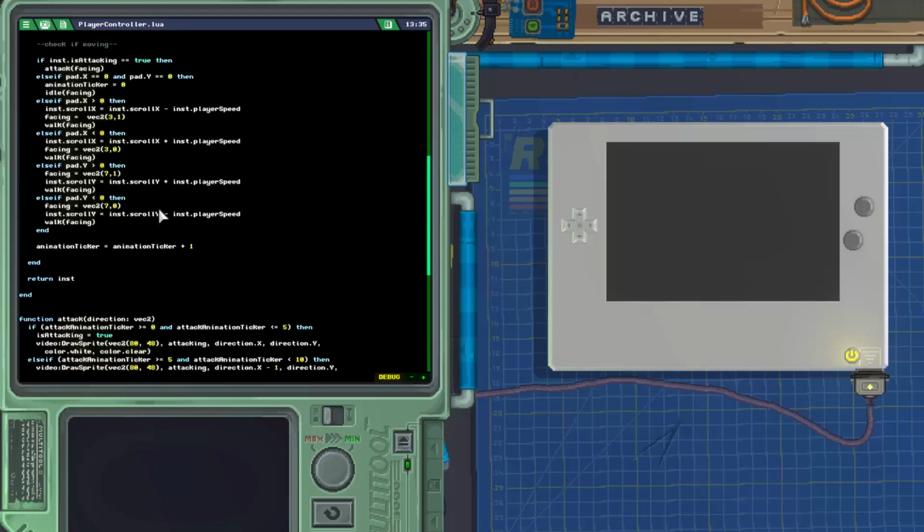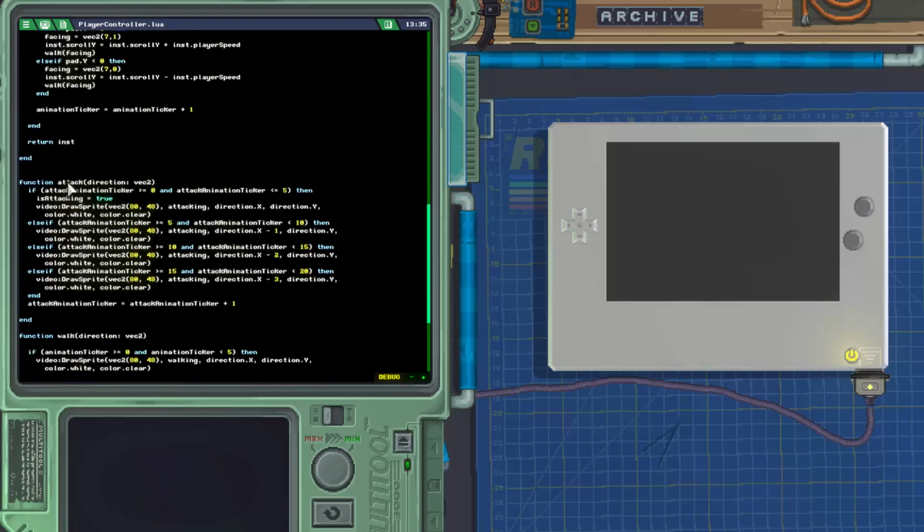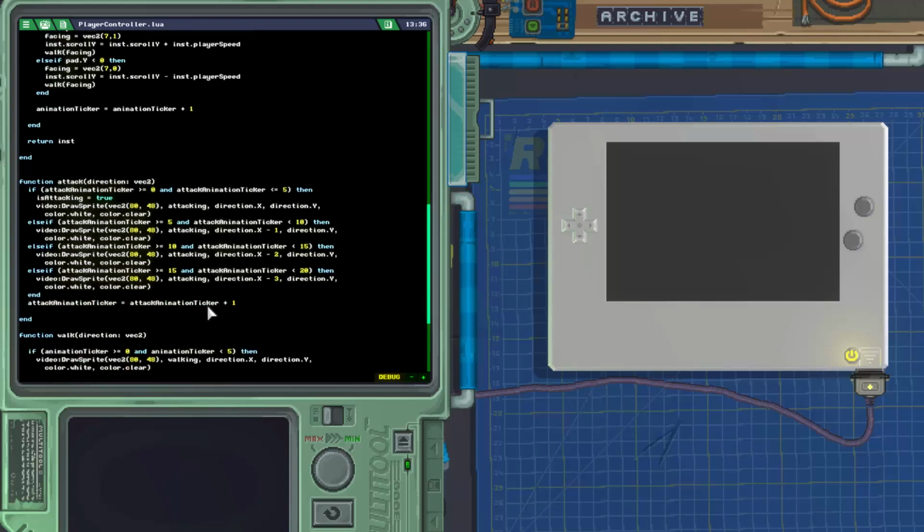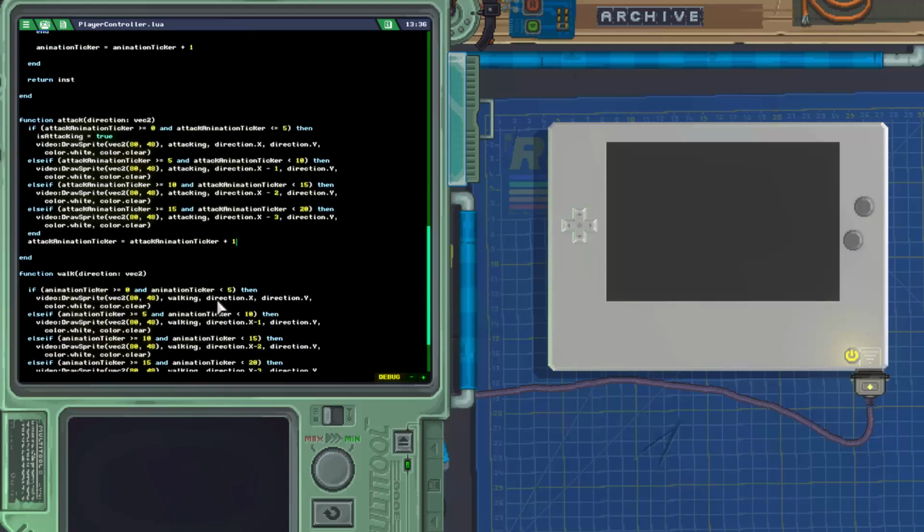Yes, right here in our attack function, we forgot to put attack animation ticker equals the animation ticker plus 1. So you should go ahead and add that. You might have caught it,